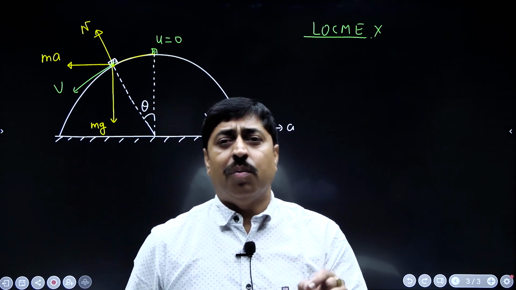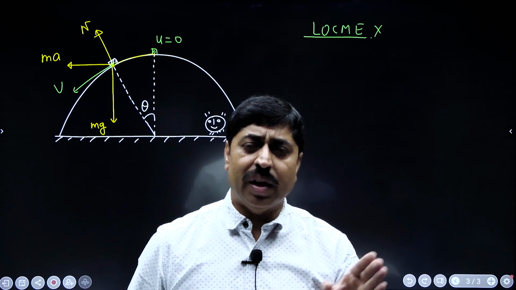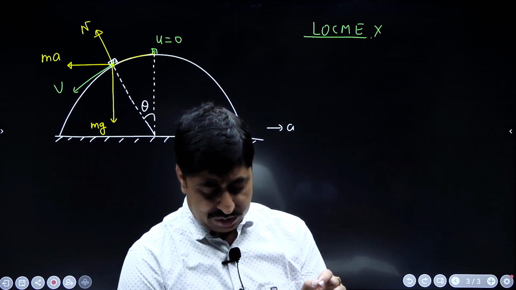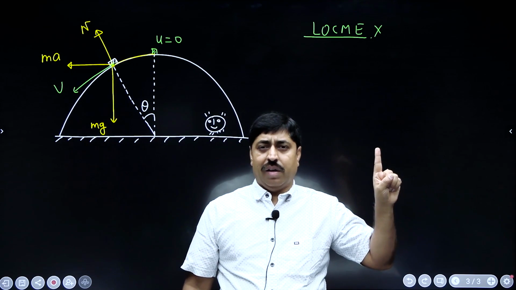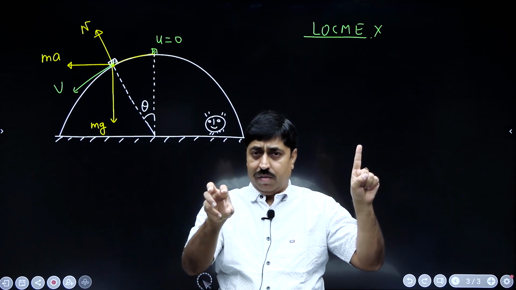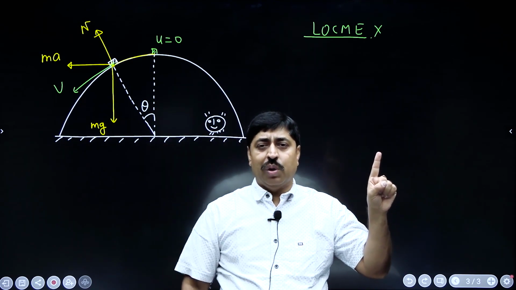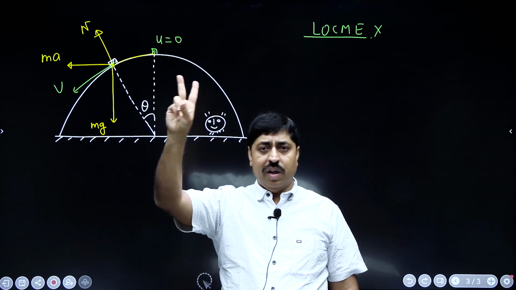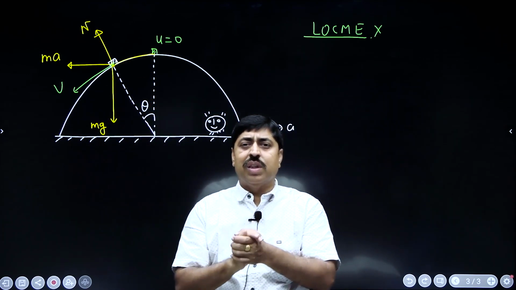So, what we use is work energy theorem. Law of conservation of mechanical energy is something that is derived from work energy theorem only. So, what we are going to use is work energy theorem. Again, listen to me carefully. When to apply law of conservation of mechanical energy? When you find that all forces which are performing work, for all such forces which are performing work, you know how to write potential energy, like spring force is working, so you can write potential energy for that. Mg is working, you can write potential energy for that. So, if only such forces are performing work,